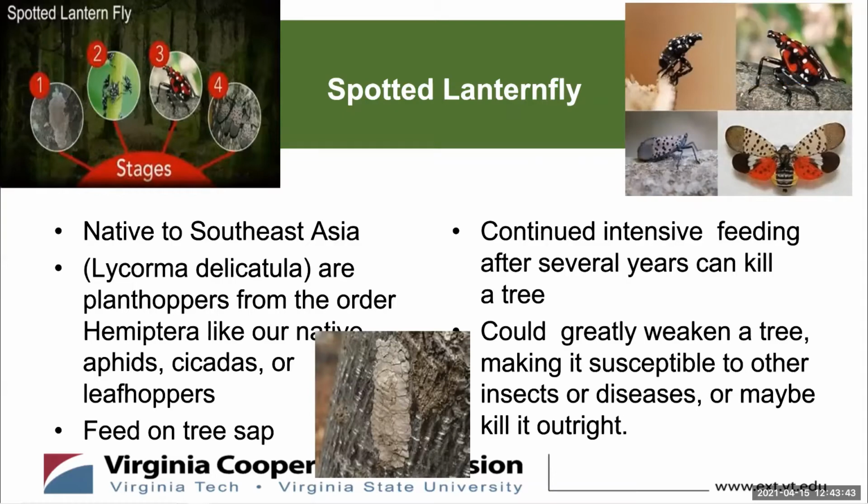Imported on deliveries of goods from Southeast Asia. We get a lot of things that way, don't we? So very possibly imported on goods. It could even have been, some of them been on a crate, or they could have been on plants that were brought over. So there's just so many ways that they could have gotten here, and we're very, very concerned